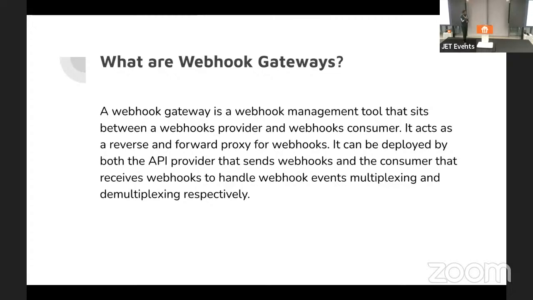Something that I found very interesting is if you look at the spectrum of companies that send webhooks, there are several different pieces that they all focus on based on the industry that they exist in. For example, Stripe's webhook is very security focused. And that makes sense, it's a payments company. They have features that are very payments focused.